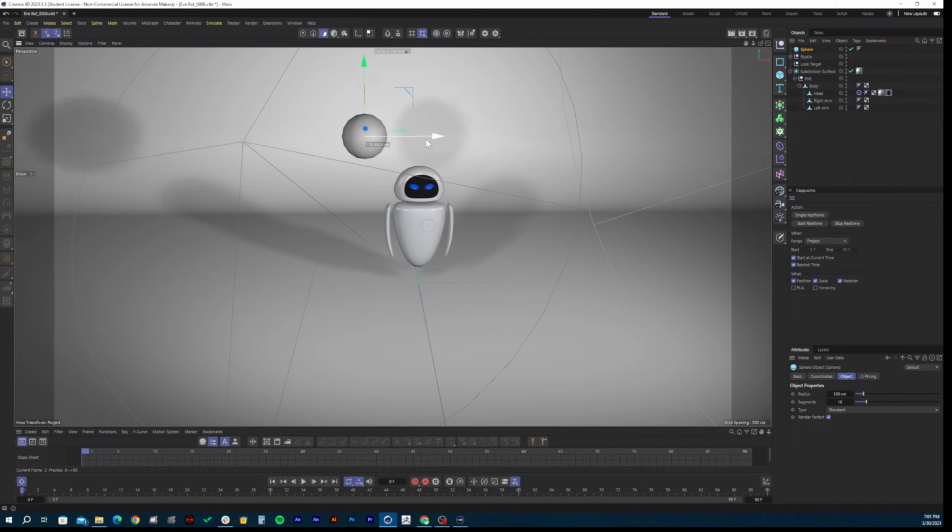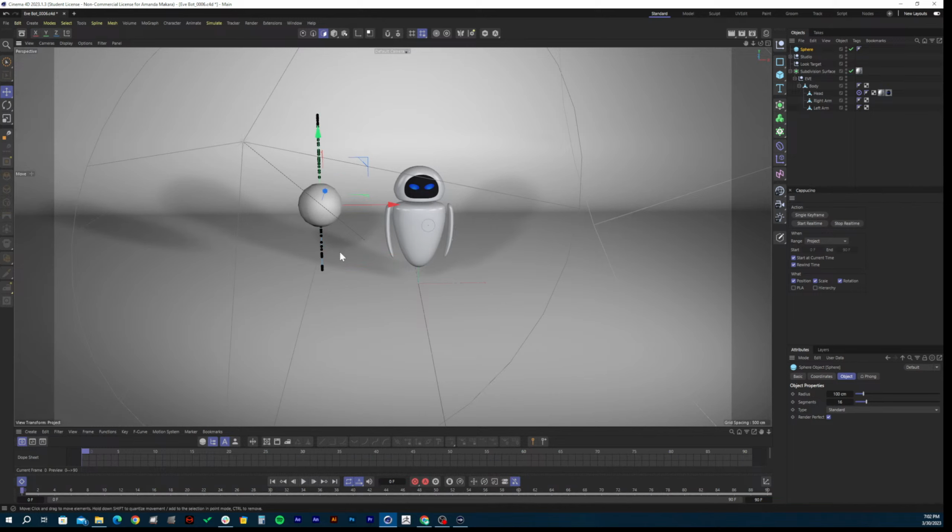It's all dependent on where your playhead is, so I want to bring the ball to the beginning of my playhead. Then I hit start real time. It's not automatically going to start recording, but if I start to move this ball, it is going to record it in the same way that I moved it. So then if I hit play,